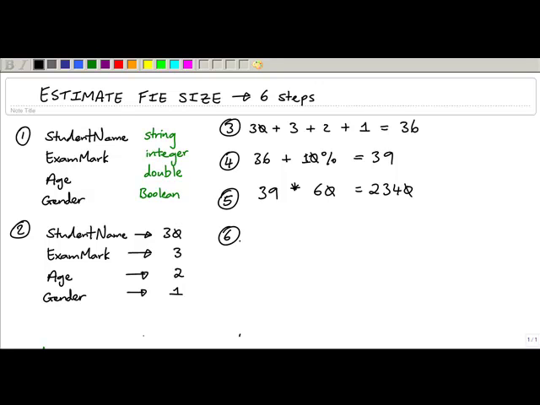And then at step 6, you need to convert this number here, 2340, into kilobytes. And we do that by dividing that number from step 5 by 1024, the number of bytes in a kilobyte. So 2340 divided by 1024 equals 2.285155625 on my calculator. So our final might be, let's round it up to 2 decimal places,